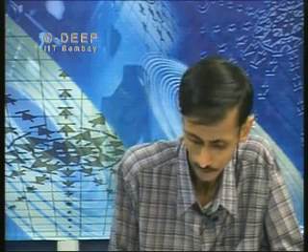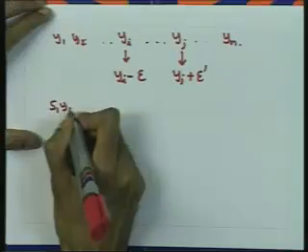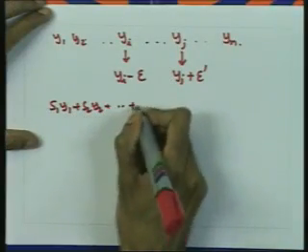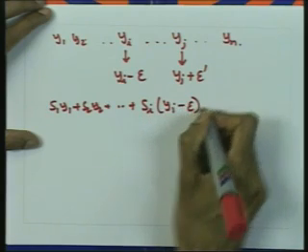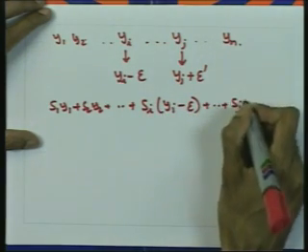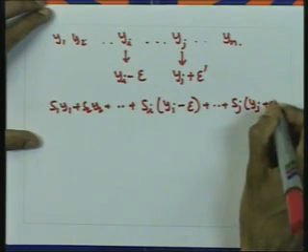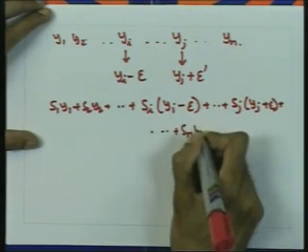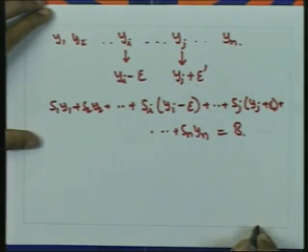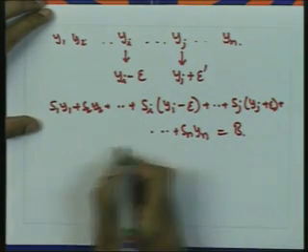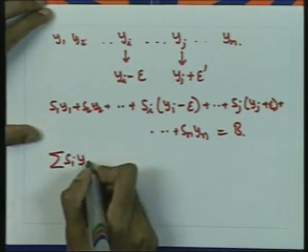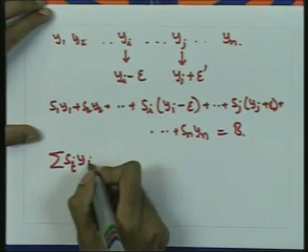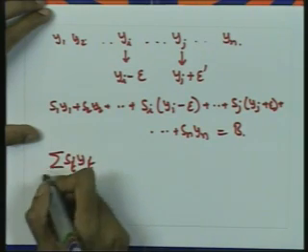I would like to maintain the bag to be full. I would want these transactions to be such that the bag is still full. Then I would like to see what happens to the profit. So, what does it mean that the bag is full? It means S1 Y1 plus S2 Y2 and so on, plus Si times (Yi minus epsilon), plus so on, Sj times (Yj plus epsilon prime), plus Sn Yn equals B. So this says sigma St Yt, t going from 1 to n,